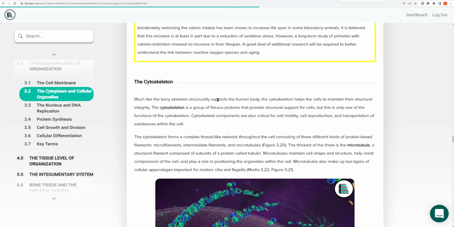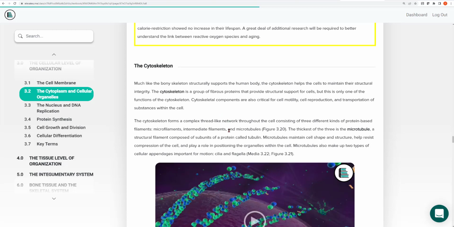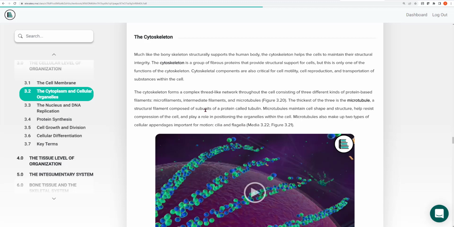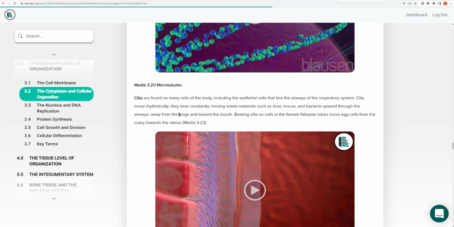The last little bit of the cell structures are the structures that give the cell its shape. Cells are not little blobs. Cells have shape, they have structure. I already told you that some cells are very, very long. Some are more circular. And the cytoskeleton is exactly what it sounds like. It's the skeleton of the cell. It's a bunch of proteins that give the shape to the cell. So what are the components of the cytoskeleton? Again, not going into great detail, but there are microtubules.